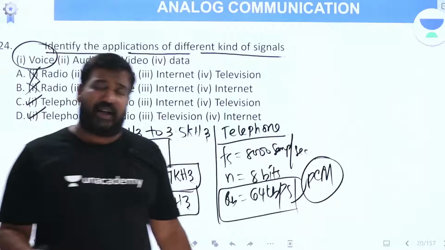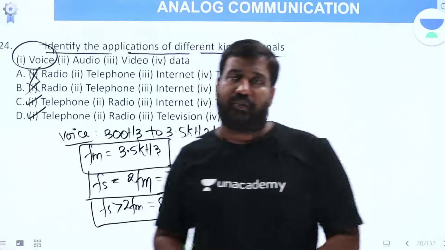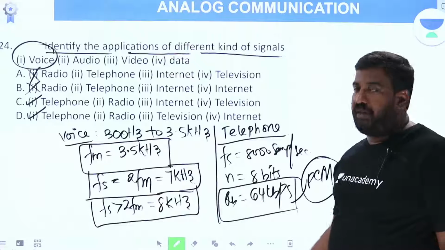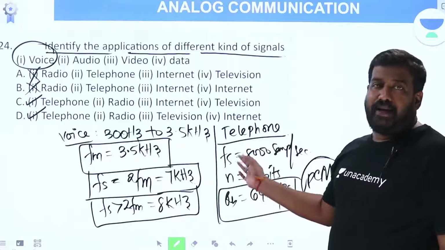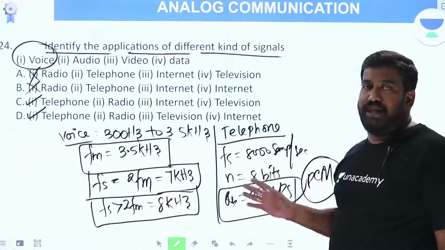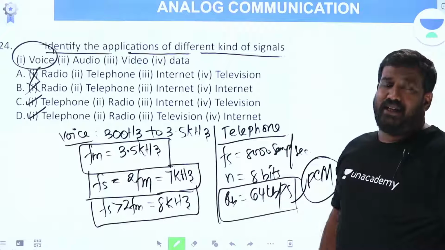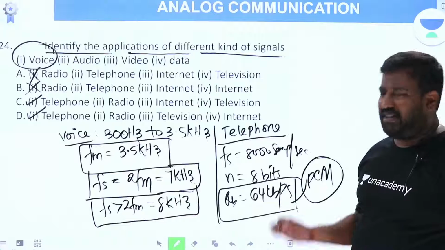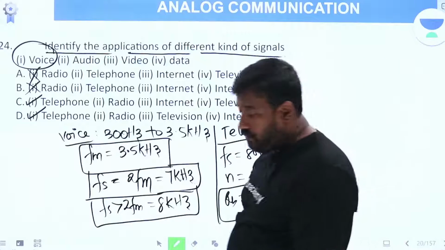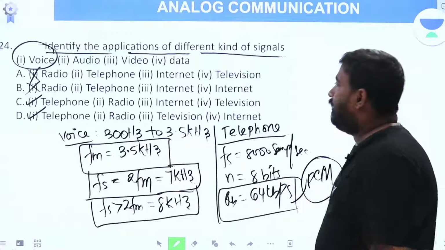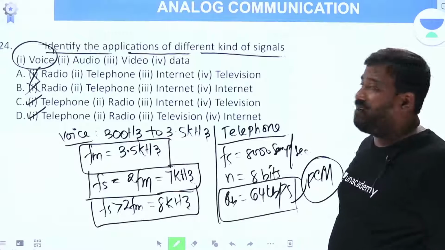In digital communication, I'll discuss in detail what PCM is, what bit rate is, the derivation for bit rate, sampling, undersampling, critical sampling, oversampling, and aliasing effects. All this I'll explain very clearly. The relation between bit rate and bandwidth, everything I'll explain. Don't worry. So for now, from this explanation, it is very clear that voice signal will find its application in